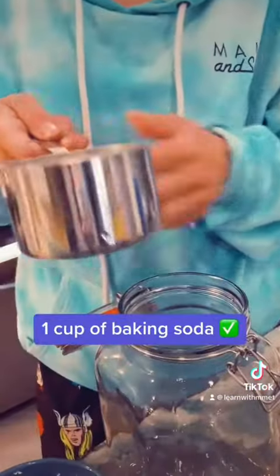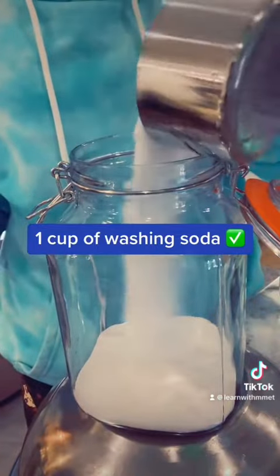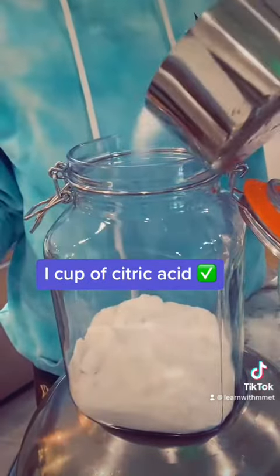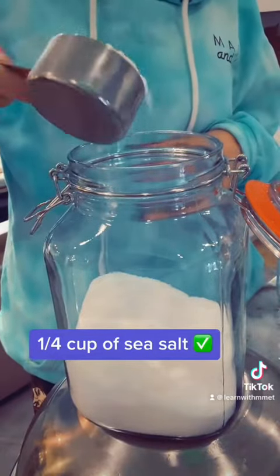You just need 1 cup of baking soda, 1 cup of washing soda, 1 cup of citric acid, 1/4 cup of sea salt,